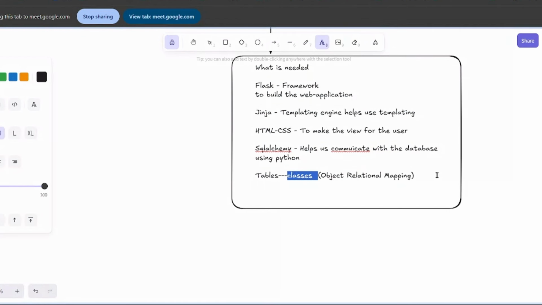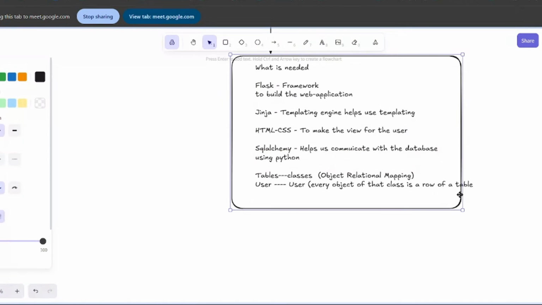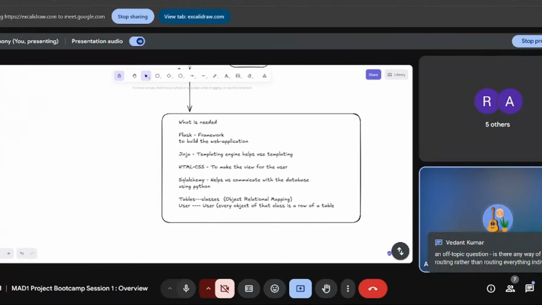Each object of the class, suppose we have a user table, so there will be a user class in Python. Every object of that class is an entry, a row of a table. Let's say user has name, username. So that table will be converted into a Python class. And then